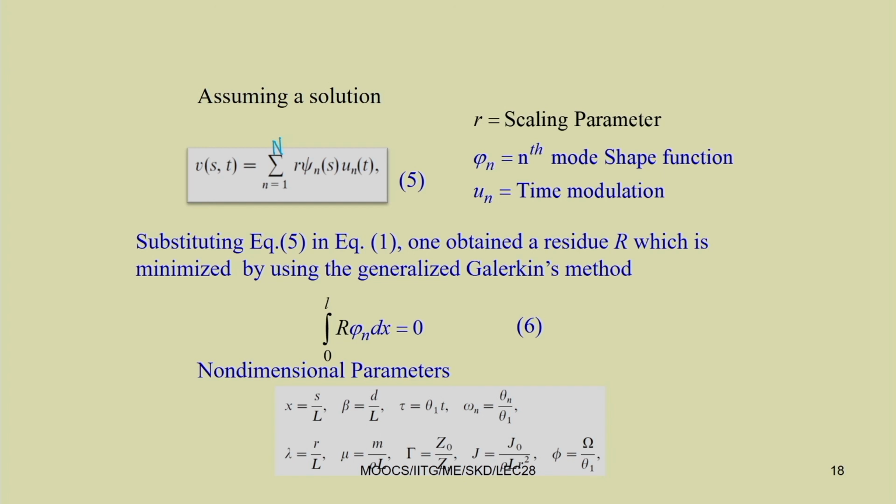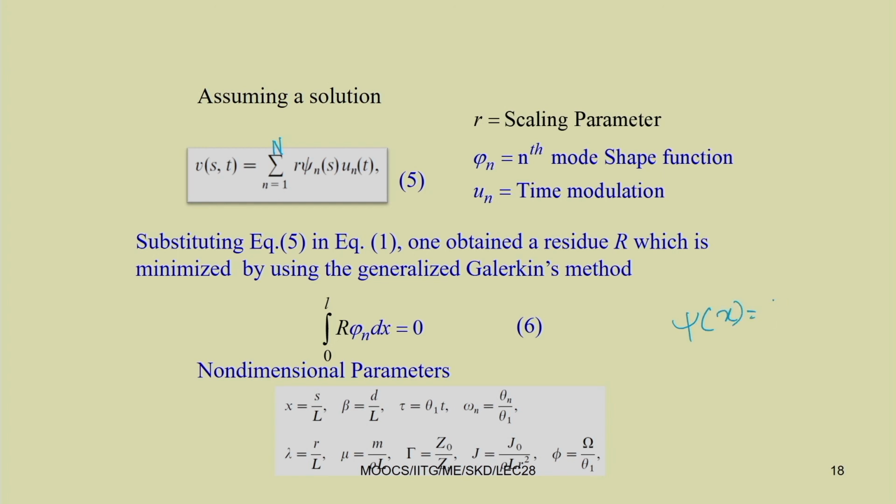By putting the nonlinearity equal to 0 in the governing equation, we have the linear equation of motion. In this linear equation of motion, by applying the variable separation method, we can easily derive the shape functions of the system. For example, in case of a simply supported beam, you are already familiar that psi n can be written